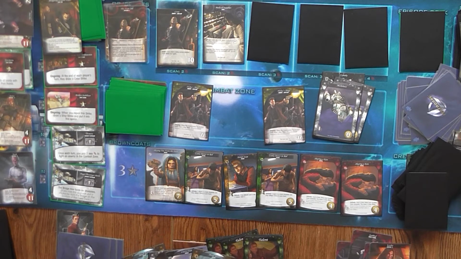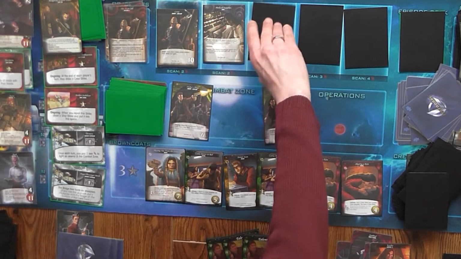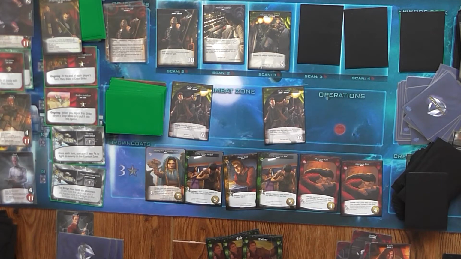We have 5 cards which we could use for attack. Oh, we could actually kill one of them. No, sorry, that was actually the wrong. No, we have 4 attack, which doesn't really help us at all. For 4 attack, the only thing we can do is scan. And that's Alliance Train Guard, ongoing, the medical supplies can't be stolen. Okay. And we have